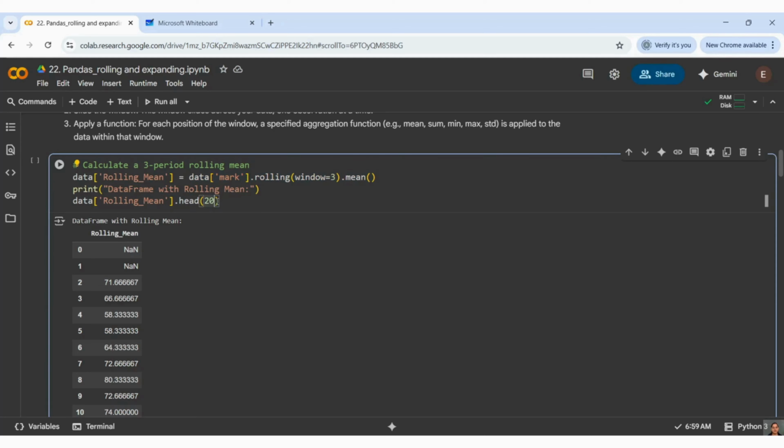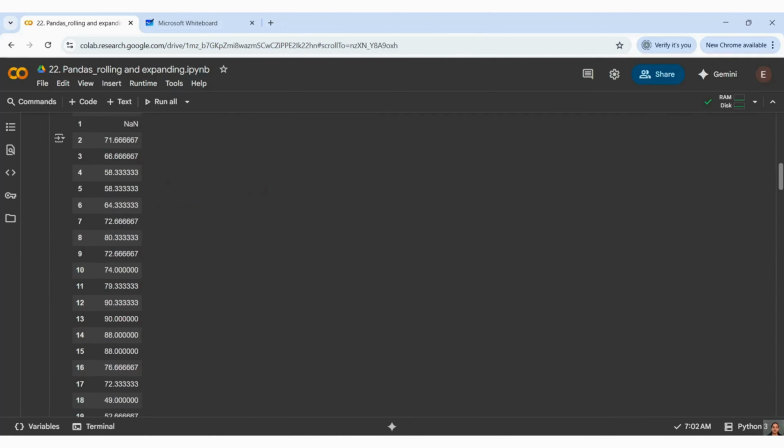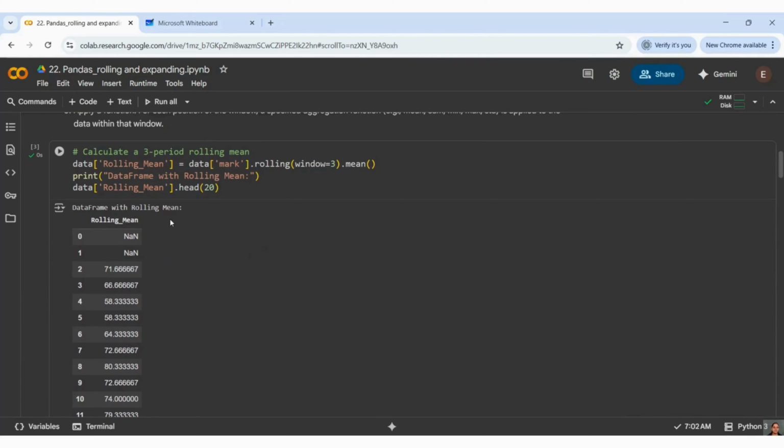Now let me see what output I am getting. If you see, the first data is coming NaN, the second data is coming NaN, which means it does not have that window-specific data. That is why it is coming NaN, because after 3 only it is going to calculate, right? So after that it started with this. Here what is happening is it has taken these 3 values.